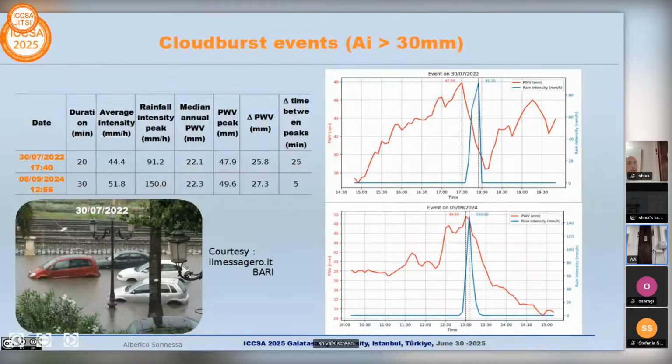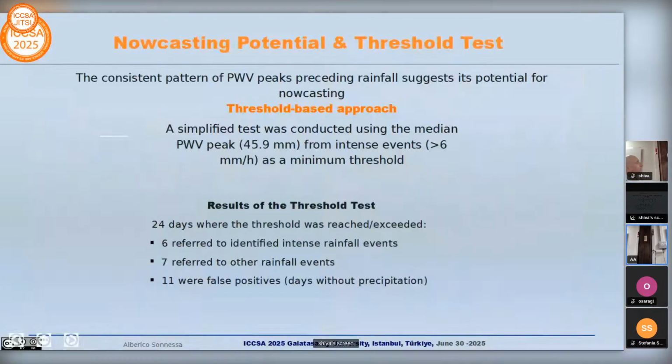So what we did was computing a median of all the PWV peaks we detected, and we used this median as a threshold to foresee the events. Using this criteria, so using this value of PWV, we found